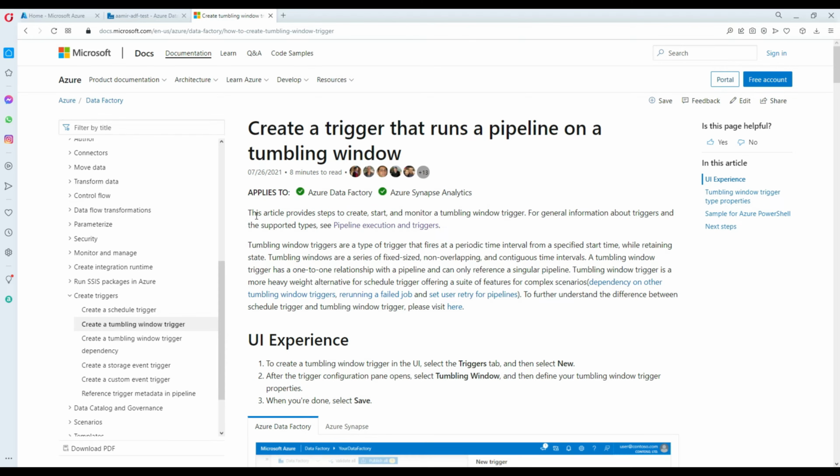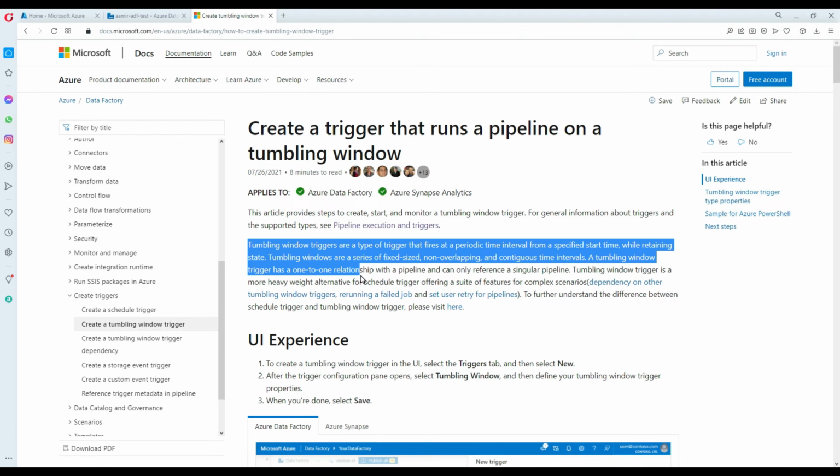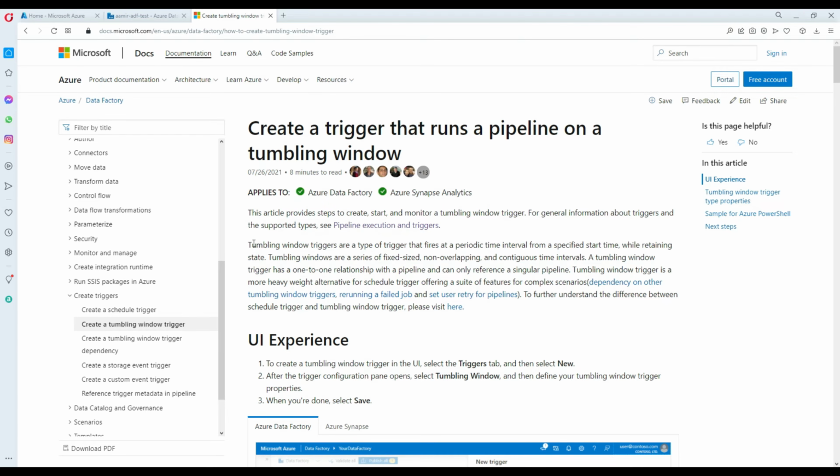Now, what is a tumbling trigger? There is a whole lot of information. You can read the documents and all that, but we are going to perform a demo that will clear a lot of concepts. So let's read a couple of lines for the tumbling trigger definition, and then we will move from there. Tumbling windows triggers are a type of triggers that fires at periodic time interval from a specific start time